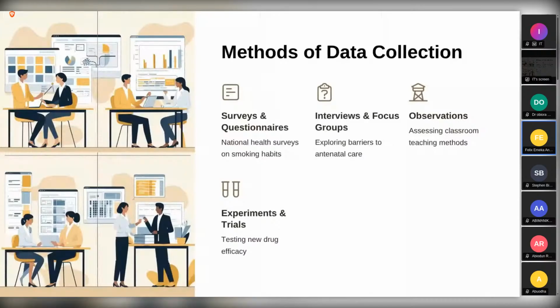So how do you collect this data? It depends on what you want to do. There are some research questions where you can use surveys and questionnaires, especially when you're doing prevalence studies, incidence studies, those national surveys, where you'll be measuring prevalence, incidence, and quantitative variables, variables that have sizes. Surveys, also called questionnaires, are better for those kinds of research.